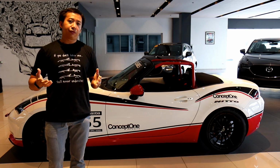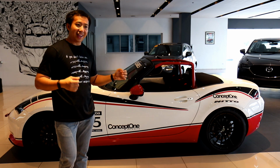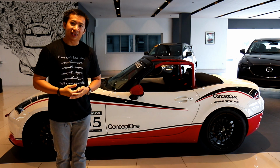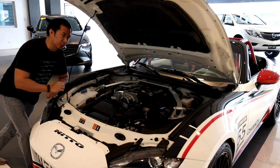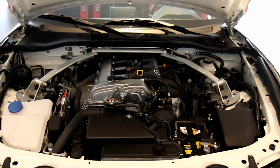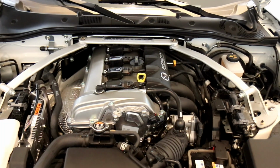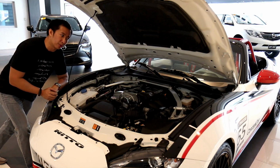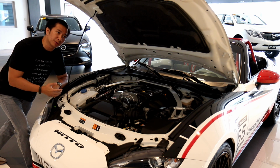So what are the key differences between this Miata Spec MX5 race car and the stock MX5 that Mazda Philippines is selling? Now let's go around the car and let's find out. First up, we have the engine. As you can see, it's completely stock. Nothing in the internals has been changed, but we do have here the updated engine of the MX5. This now pumps up 181 horsepower and now comes with a red line of 7,500 RPM coming from the previous